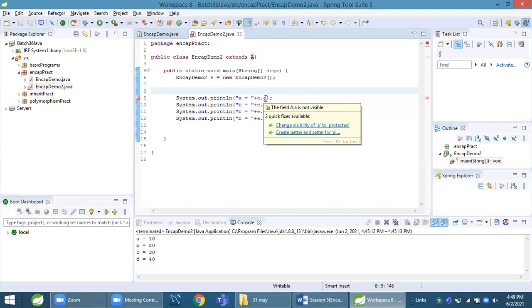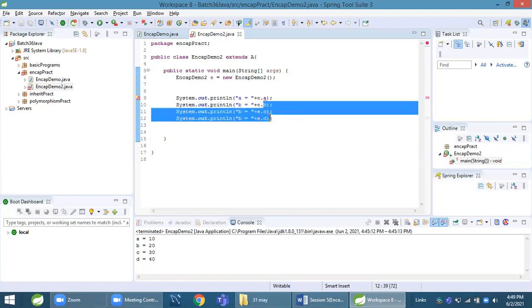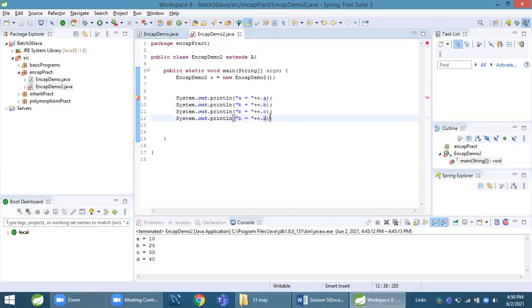You can see here the field A dot A is not visible. Means privates are accessible within same class only. Then B, C, D. B is a public, C is a protected, D is a default scope. Then all these are accessible within same package. We know that. That's why no error here. Okay, any doubt in this? No. Now what we will do, we will try to access these members outside package.